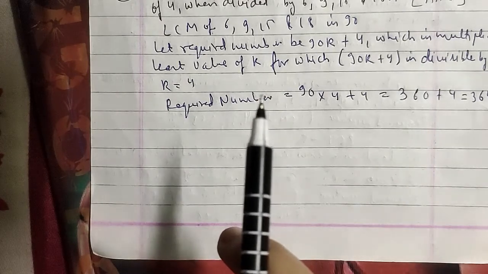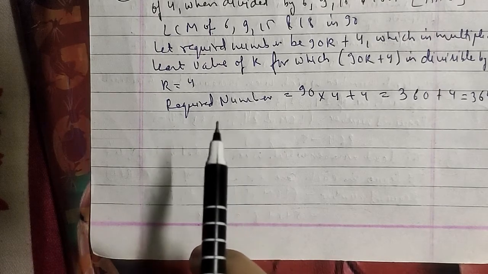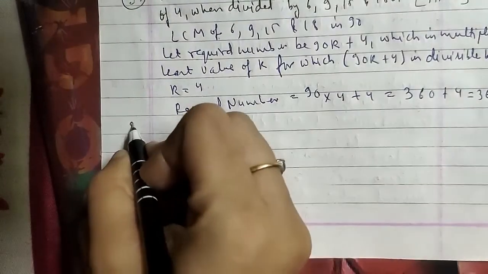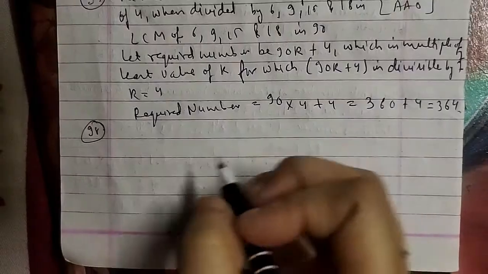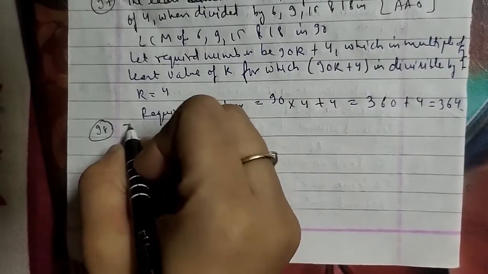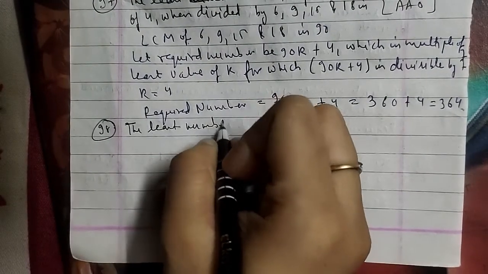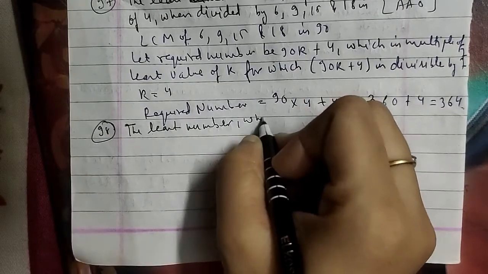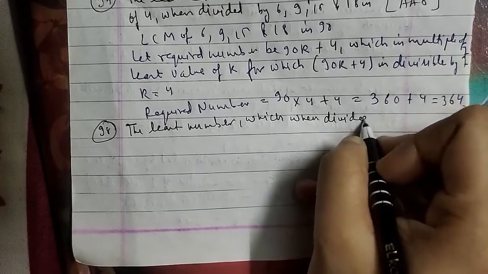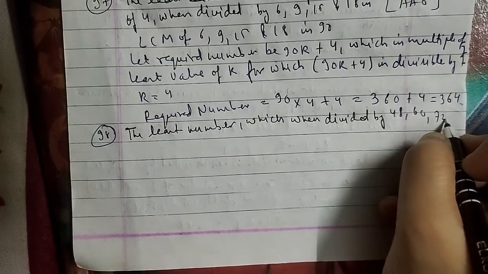So here we go ahead with the question as well. We are in the same cases. This is the 98th question of the session. The question is: the least number which when divided by 48, 60, 72,